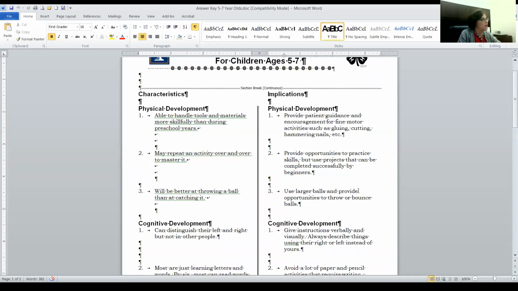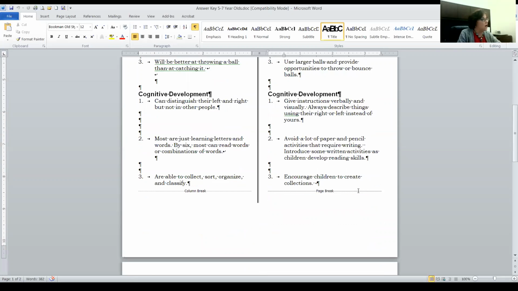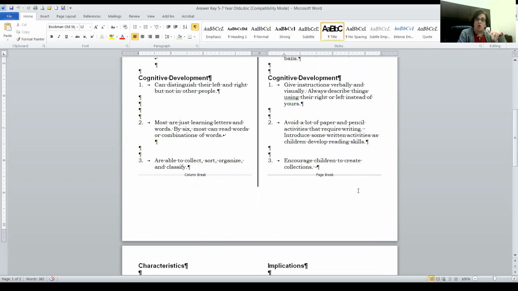So, like I said, I've got one of these for each age group. The one thing we need to remember with this 5 to 7-year-old group too is they're at that age, they can write, but they're really still learning their letters and their words. By 6, most of them can read, especially nowadays, because you can't go into kindergarten without being able to read, I swear. But it is really important at this age group that we avoid a lot of those paper and pencil